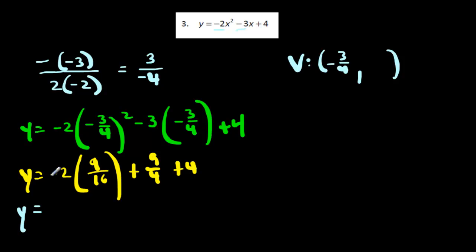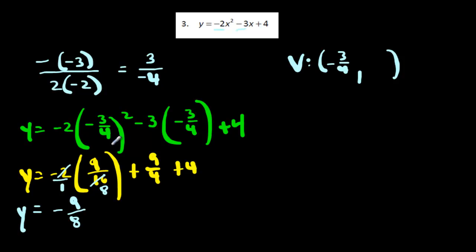Okay, so negative 2, you can write it as negative 2 over 1 if you want. Negative 2 over 1 times 9 over 16. This 2 and 16 can cancel to an 8 down here. So we're going to have negative 9/8 plus 9/4. Well, what I'm going to do is I'm not going to write it as 9/4 because at this